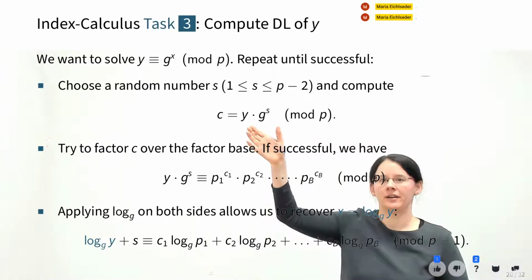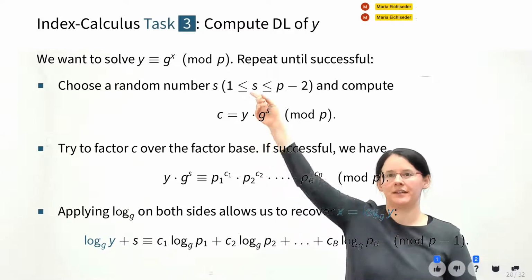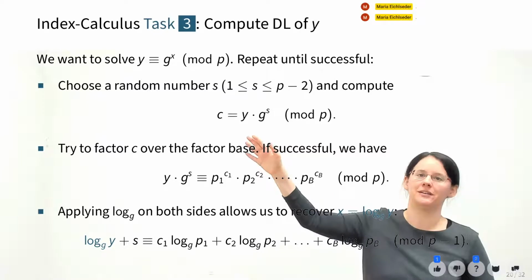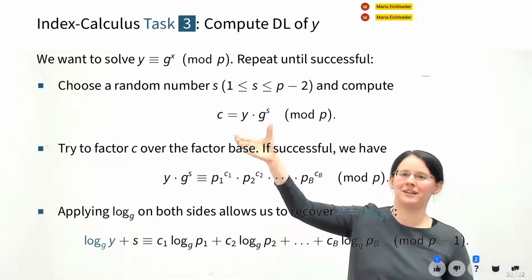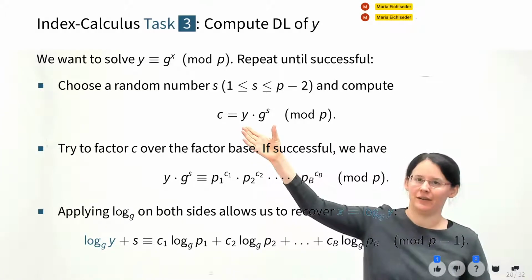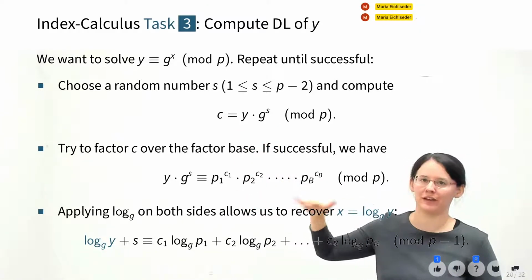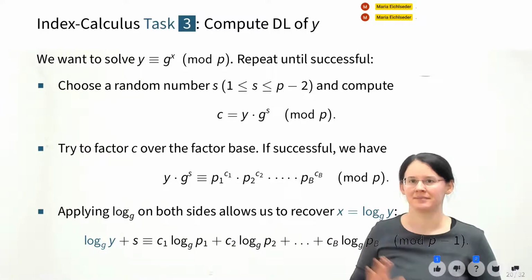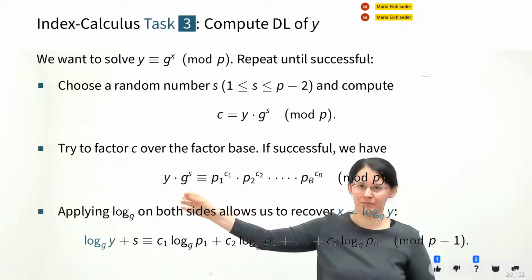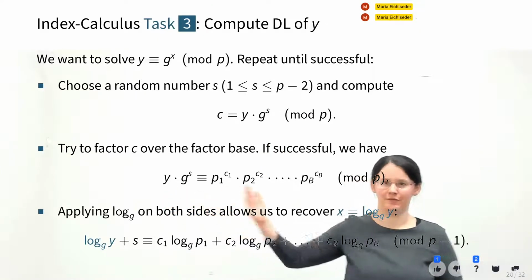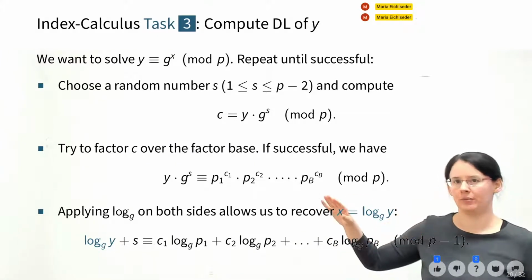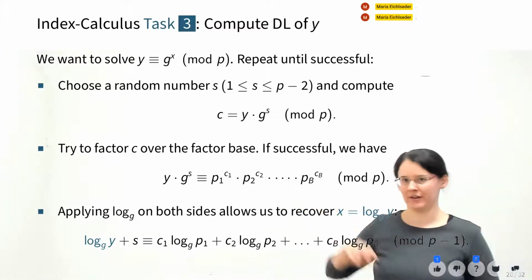So we can now rewrite this if we take the original equation here. First we need to do the same thing as in the previous step. We need to take this and try to factor it. That's why we try to have many random candidates. So we can try to factor each of them with respect to the factor base. Assume we have found some value s such that we were successful. So we took this value modulo p, factored it successfully,